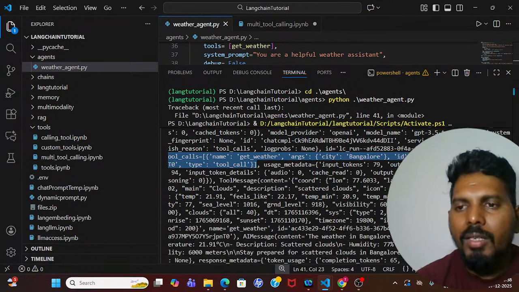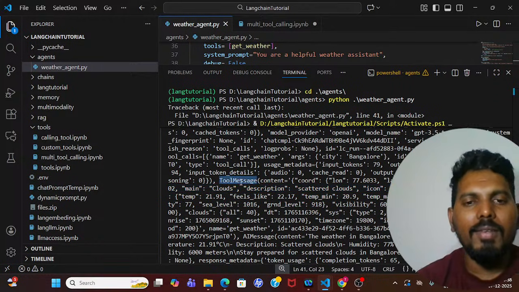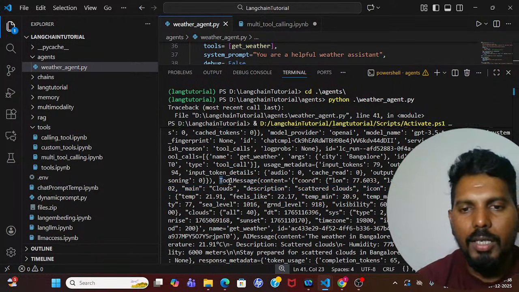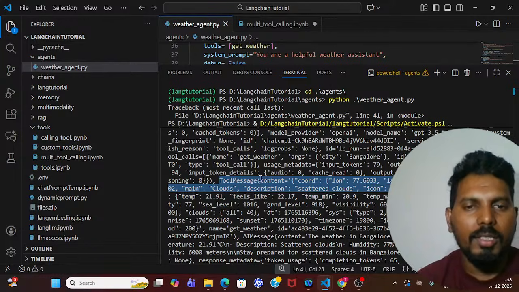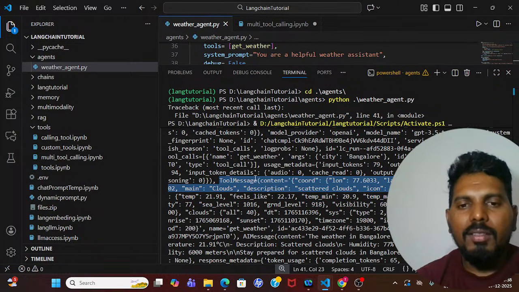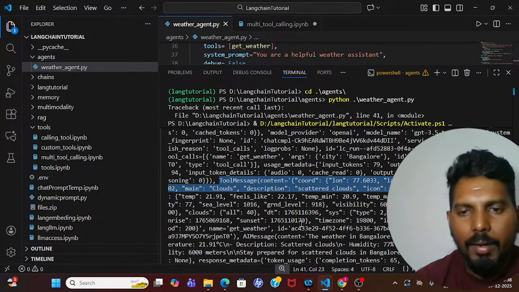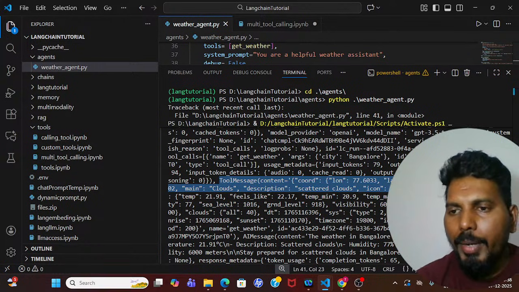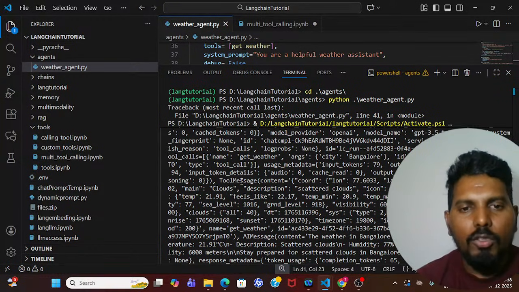Once this is done, you can see that this weather tool has given a tool message. You can see over here a tool message, and a tool message over here. What is the tool message? The tool message content has the longitude of Bangalore city, the latitude of Bangalore city, and then the weather information. All right, so all the information it has given. Now once the tool message is done,